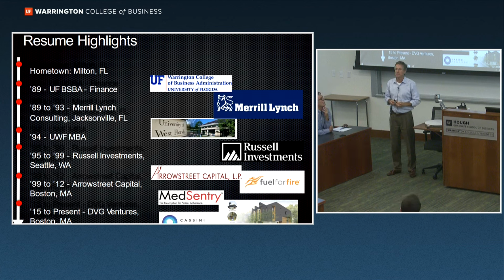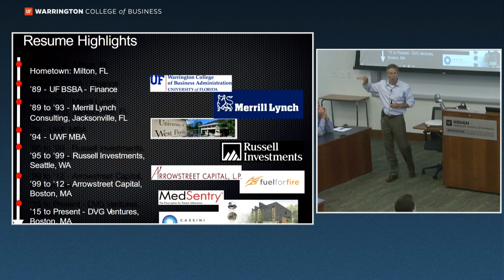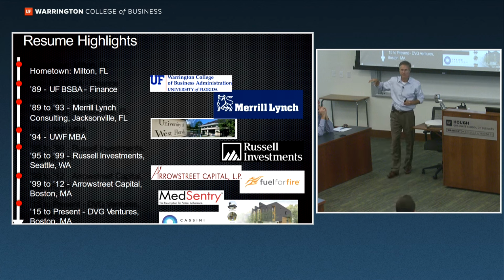So the idea here was that from a forming the company standpoint, I was living in Seattle at the time, working with Russell. Arrow Street was not formed yet, but it was in the minds of several guys that were working at another asset management firm in Boston. And I'd actually interviewed at that firm and just decided the fit wasn't right. But once I got wind that they were wanting to leave their firm, very quickly after them leaving, we started conversations and wanted to build something.